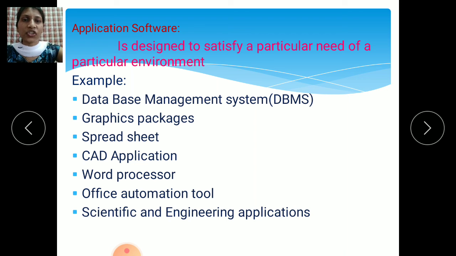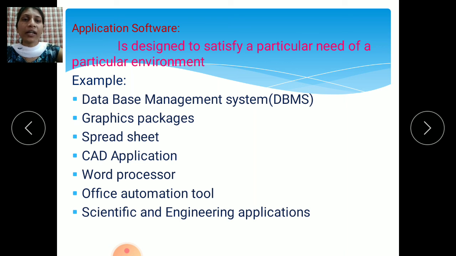Then CAD application. This is computer aided design application. If you want to draw diagrams, or a 3D diagram, we use CAD applications. Then word processor. Word processor means WordPad. If you want to type a resume or any letter, we use the word processor. Then office automation tools.